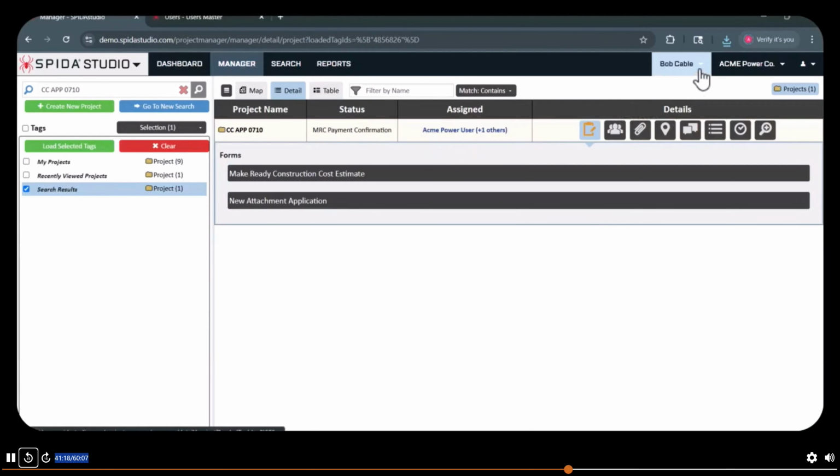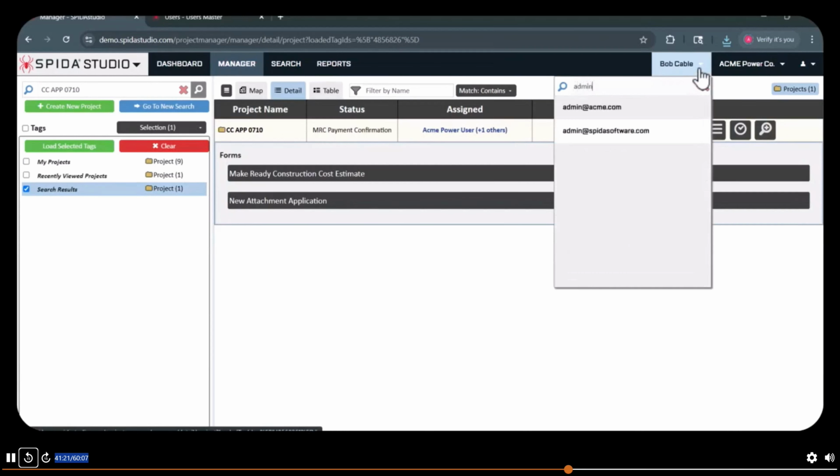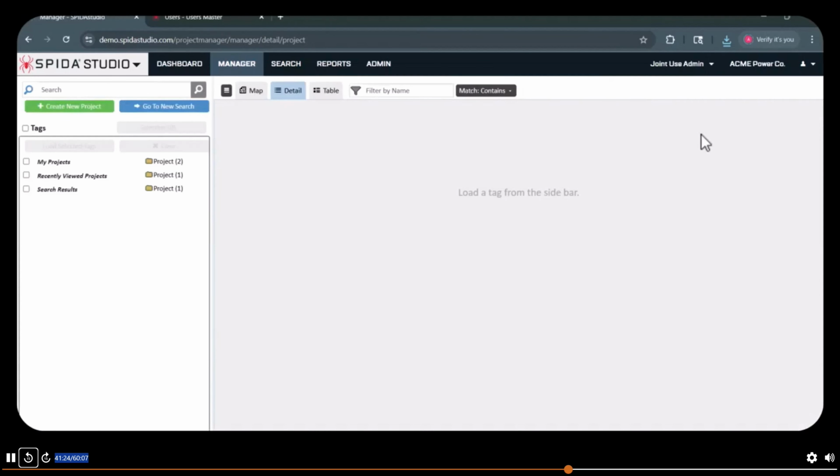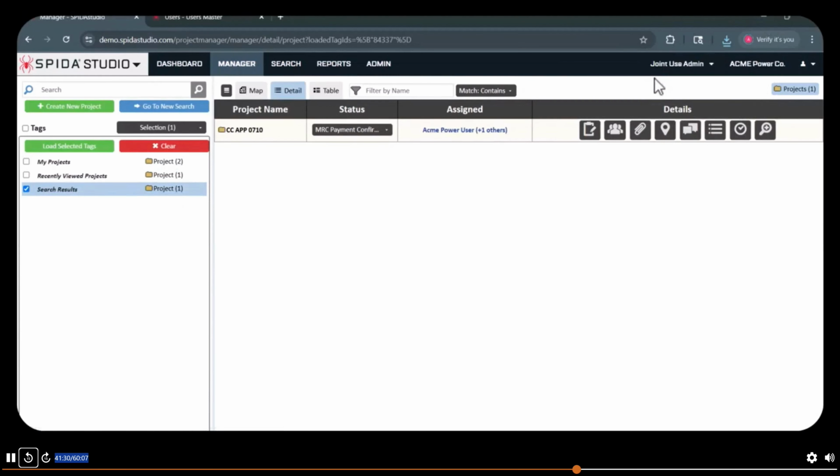So let's go ahead and switch back once more. I'll load my project. And I'm now back into the role of the joint use admin. I know it's a little confusing flipping back and forth to the users, but as you can see, based on the project assignment, there are limitations to what the assigned user or not assigned user can do on the project. So now with the payment confirmation, I can check with my finance department and make sure that all of the payment has come through,